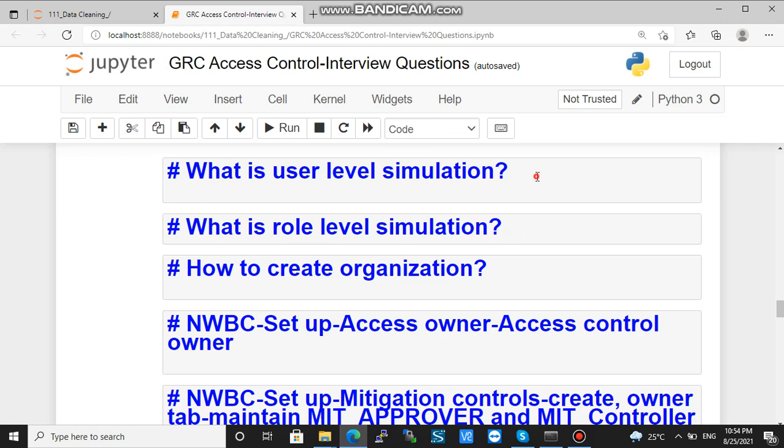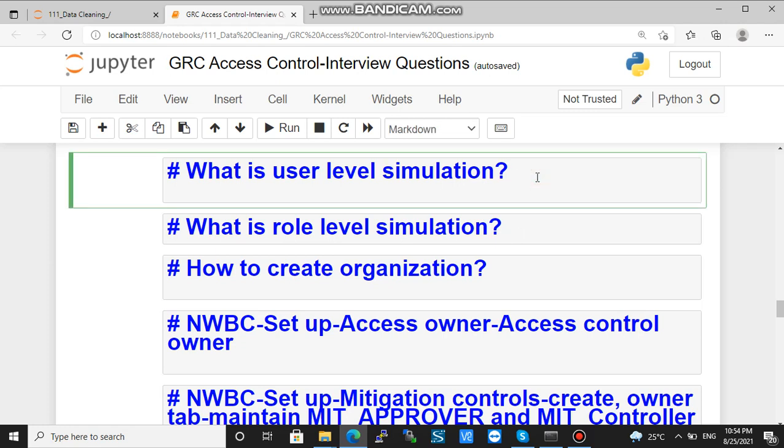Question is, what is user level simulation? So user level risk simulation comes under the ARA, that is the Access Risk Analysis module of GRC Access Control.